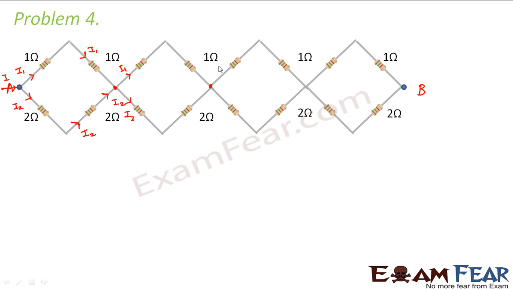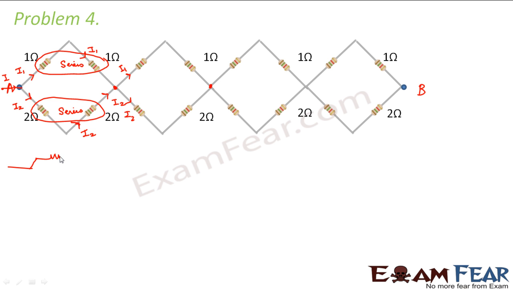All the resistors in the above part are each of 1 ohm and all the resistors in the below half are each of 2 ohms, right? So that means all the 1 ohm resistors are in series because the same amount of current flows through each of them. Similarly, all the 2 ohm resistors are in series because the same current flows through each of them. So this circuit, we can draw it like this. This 1 ohm and this 1 ohm, these two are in series. Similarly, this 2 ohm and 2 ohm, these two are in series. So this is in series. Similarly, this is in series.